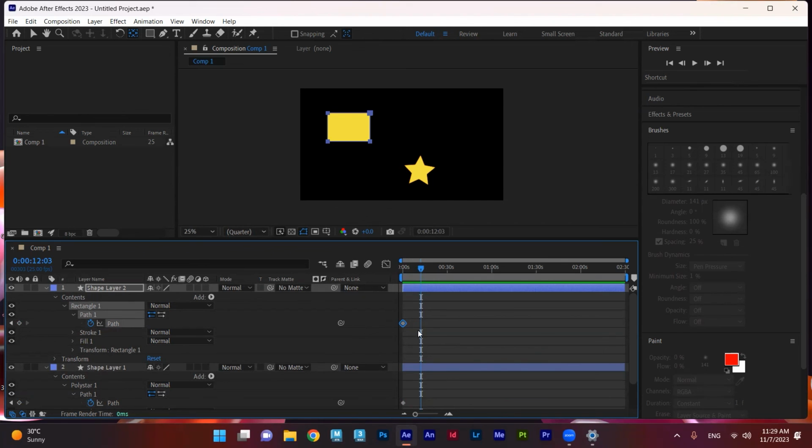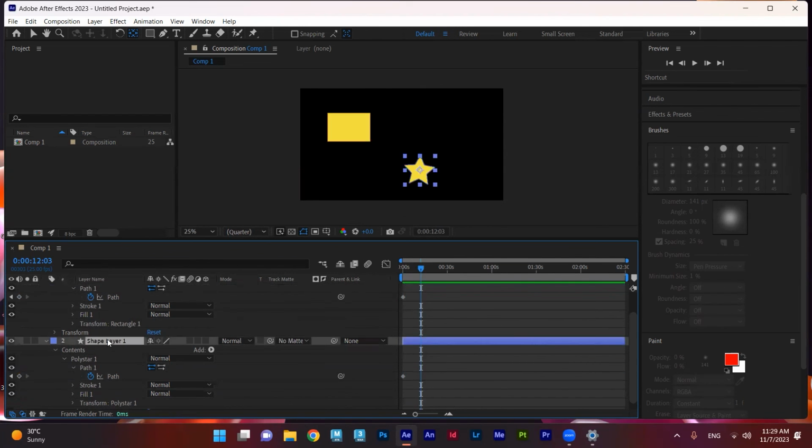With Control C, for example, now I'm copying the key that I added inside the rectangle. Now I'm moving to the star. Now I'm not at the beginning. Now I'm moving inside the timeline. I need to select the path, of course, first, then Control V. Now what I have, see,